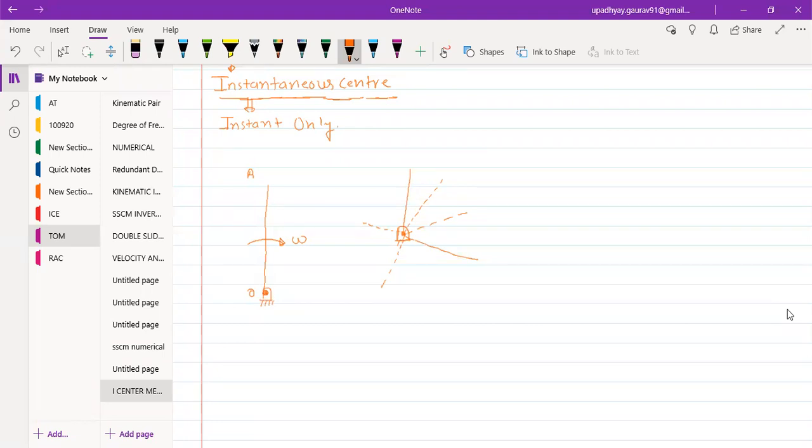Sir, oscillation... sir, in that there will be rotation. All are able to perform the pure rotation, right? Yes sir. So that is the same case now. If I am saying that, say this is the link